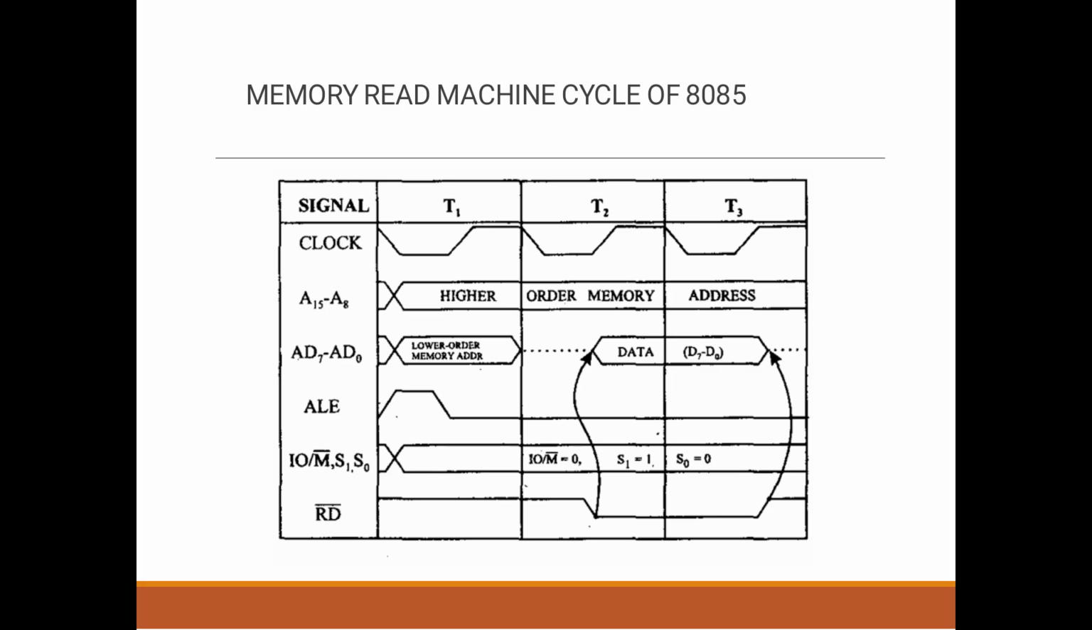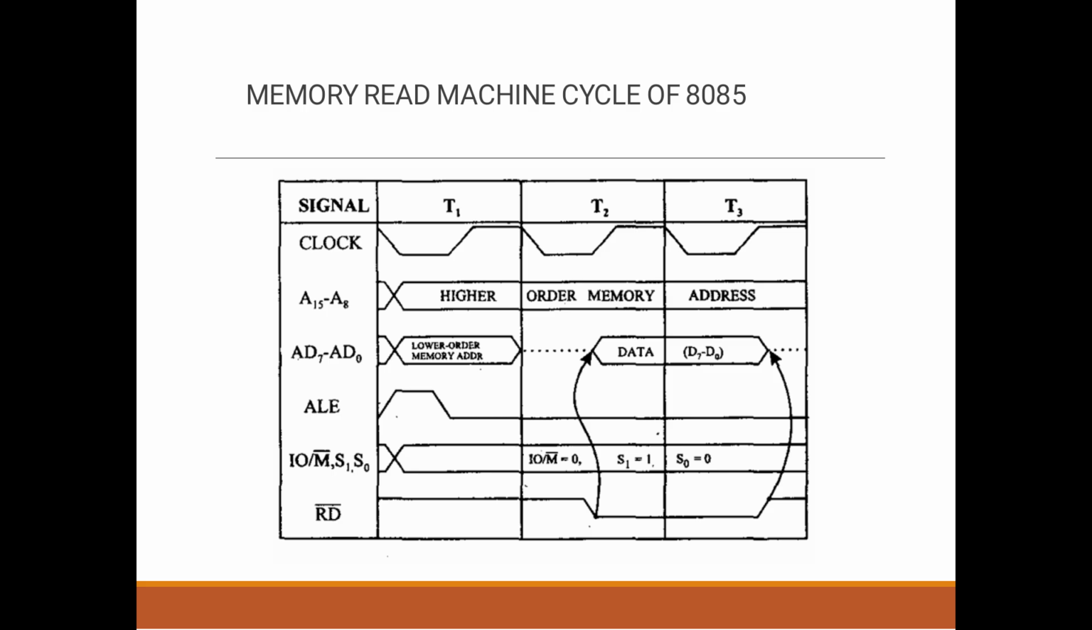Memory read machine cycle of 8085. This memory read machine cycle contains a total of 3 T states. The clock signal contains a falling edge and a rising edge in every T state. A8 to A15 contain the higher order memory address, and AD0 to AD7 in the first T state contain the lower order